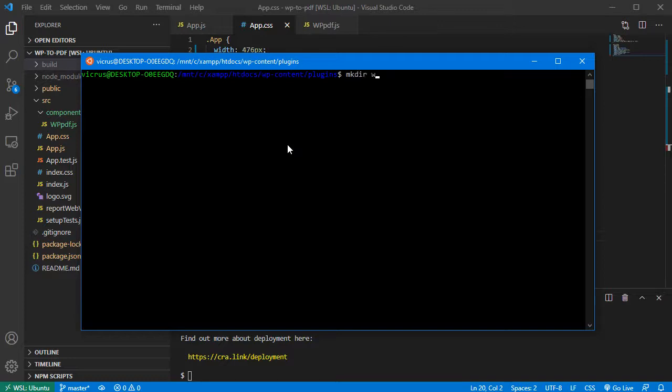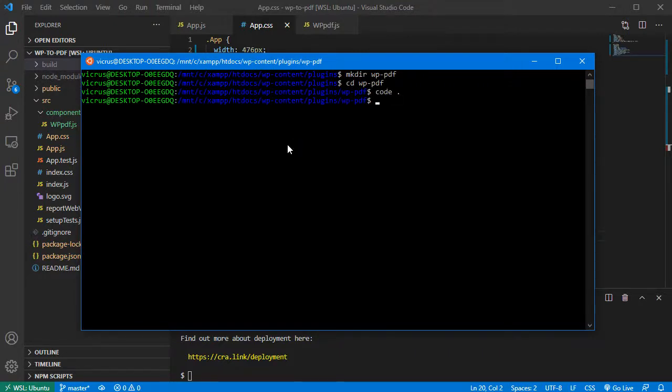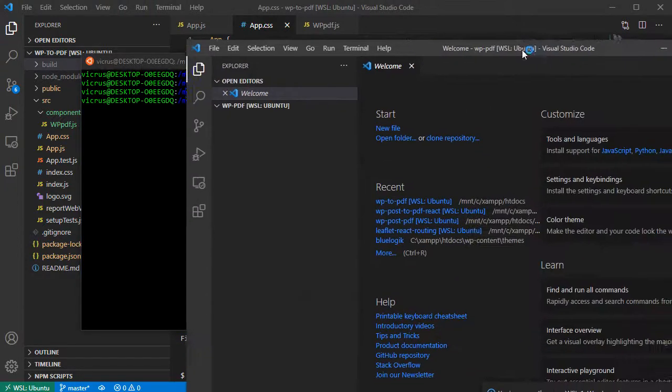I will name it wp-pdf. Okay, and I'll open it, and here I'm gonna open a new VS Code in this folder like this,